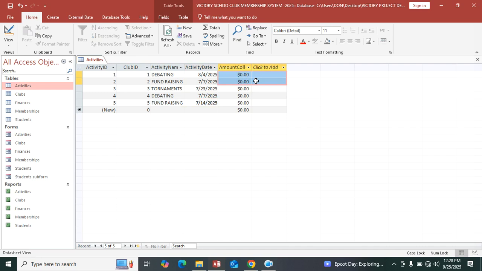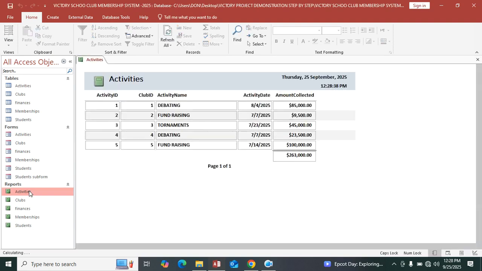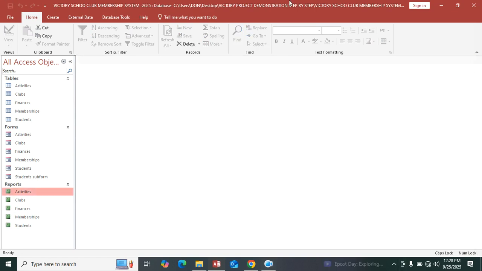So at the amount collected, you can just have 85,000. This 25,000. This is 4,500. 23,500, 100, 1, 2, 3. So these are the monies. So when I go to activities, I'm in a position to see whatever I'm doing has been captured in the system accordingly. So the next thing is to go and